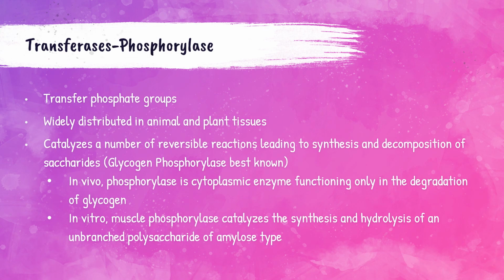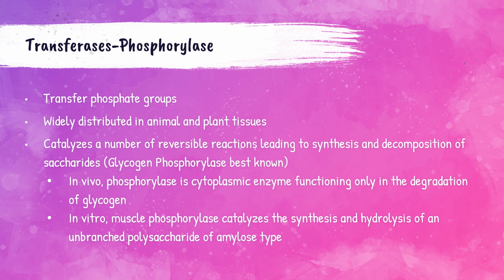Phosphorylases are transferase enzymes that are responsible for transferring phosphate groups. They are present in both animal and plant tissues and catalyze many reversible reactions that lead to the production and decomposition of saccharides. And saccharides are sugars. In vivo, meaning within the body, the phosphorylase is present in the cytoplasm and functions only in the degradation or